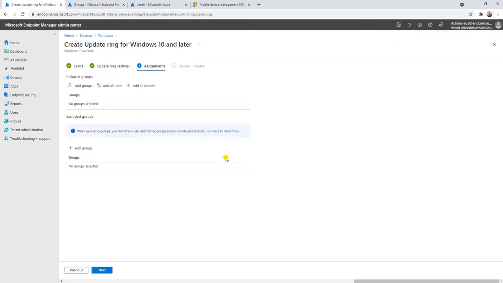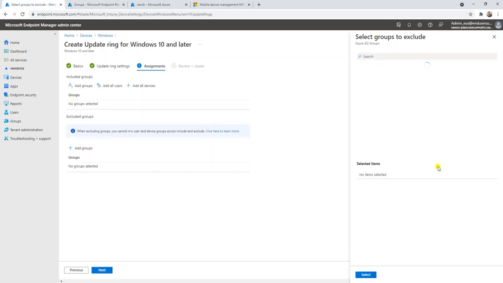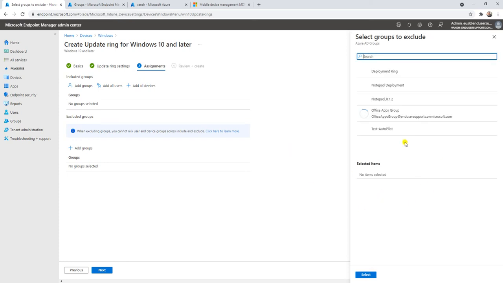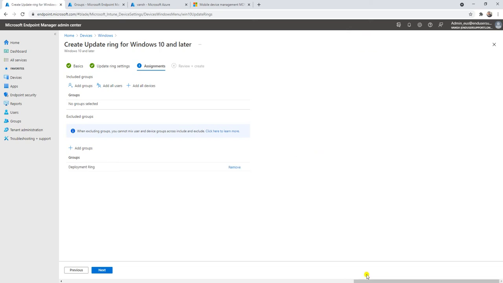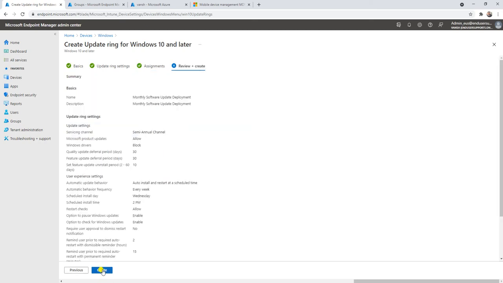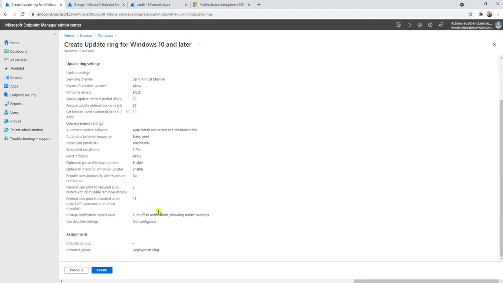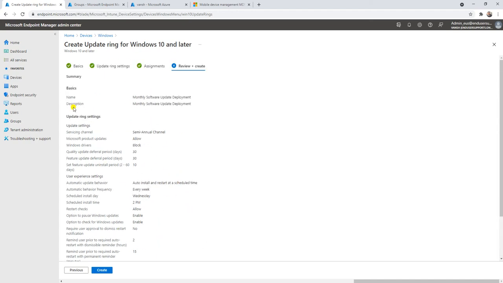Now let me go back here again and add the group. This is the group that we created, deployment ring. And now go to the next. When you add the group, go to the next, and here are the details that we selected.